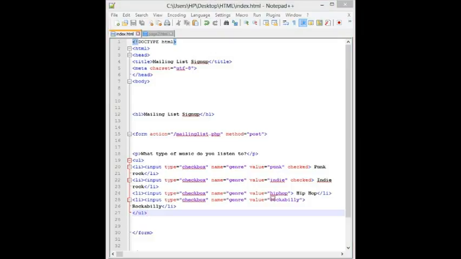Checkboxes don't necessarily need to be used in groups, of course. In any form, a single checkbox can be used to allow visitors to opt in for special promotions. Okay,